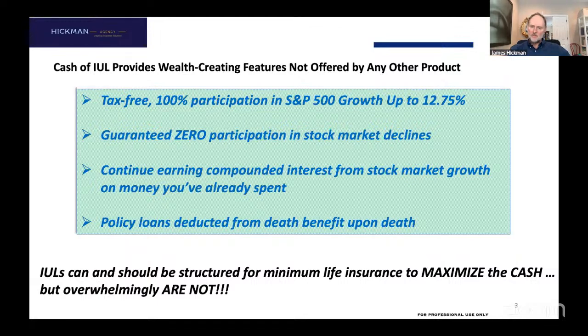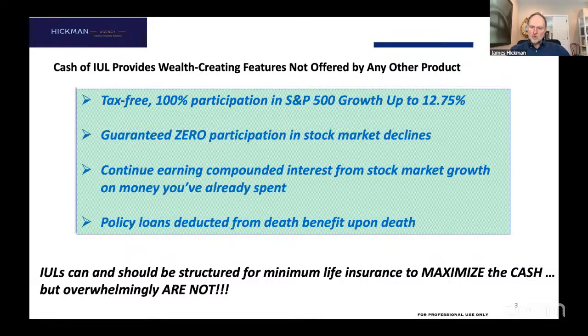You can take money out of your IUL as a policy loan fully secured by the death benefit, meaning the insurance company already owes the death benefit to your family when you finally pass away. They already owe it to you. So giving you an advance on money they already owe you, when they're going to charge you a market rate of interest, they're totally fine with that. No questions asked. It's your money. We don't pay taxes on loans. That's why my gains in the stock market effectively are tax-free. So up to 12.75% tax-free.